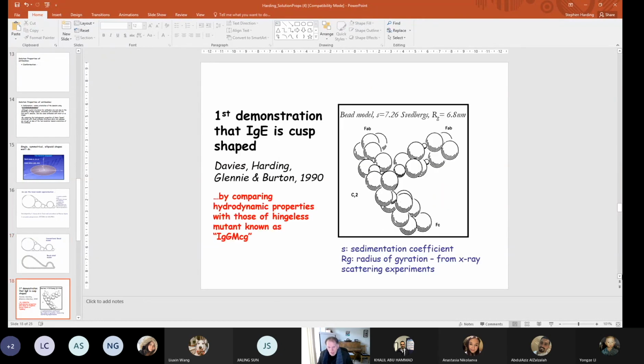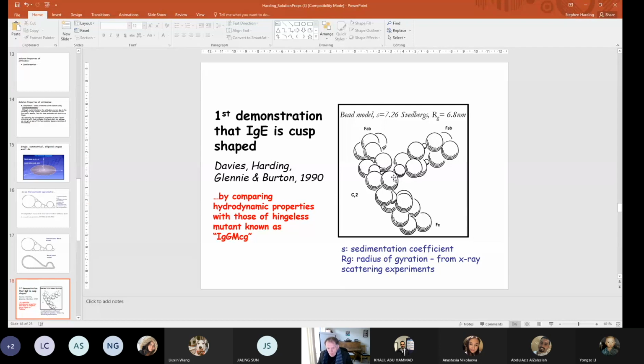Right, and here's an example done, goodness me, 31 years ago now. This was the first demonstration that the antibody molecule IgE had a bent or cusp shape. This is the Fc domain here, represented by these beads. And these are the two Fab domains represented by these beads. So you produce your model,